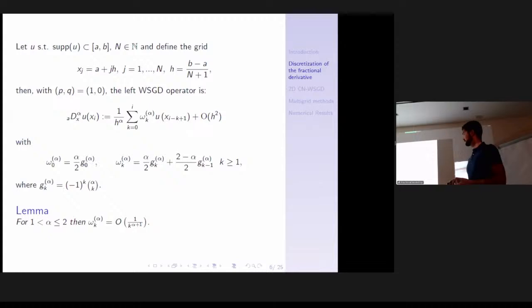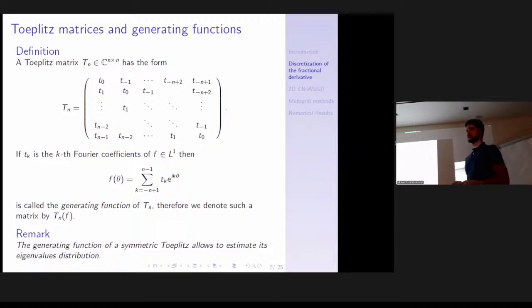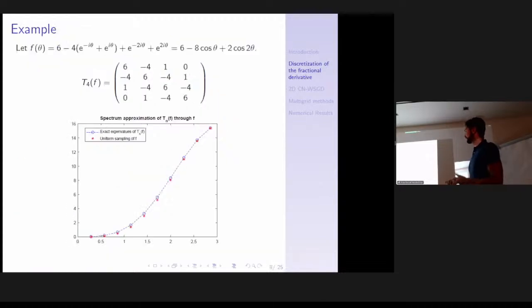The matrix representation shows the Toeplitz structure, since the operator is shift invariant. And the study of the coefficients shows that they decay with an order that depends on the fractional derivative order. Well, Maria Rosa said everything I wanted to say about Toeplitz matrices, so we just keep a couple of slides. I just say that the generating function of the Toeplitz matrix is needed to build the projector in multigrid. So it will be important to know where the zero is, the position, and the order of the zero.